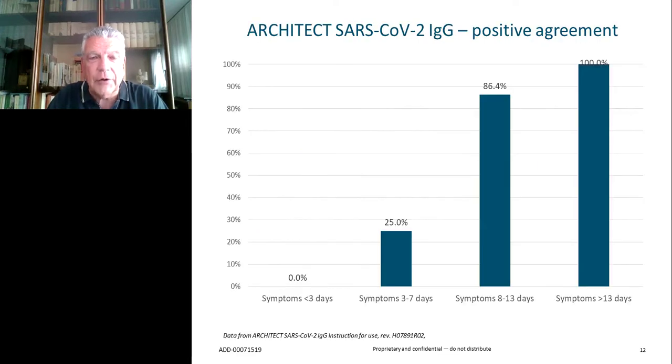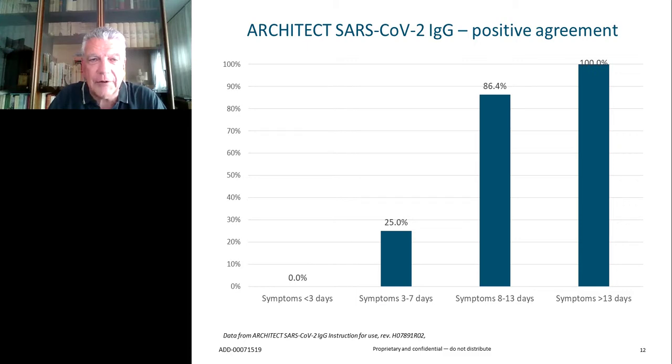The other issue, of course, is establishing the positive agreement or sensitivity, if you wish, of any given assay. In the case of the SARS-CoV-2 IgG assay, this has been done in the validation by taking a cohort of patients that have been tested in a very early phase or a little bit later, so until 2 weeks after the onset, and then after 2 weeks or more. The data you will find in the insert give these figures, but those figures do come with a confidence interval because, as you know very well, 100% will never exist in medicine or in biology. So everything should be framed into a very specific confidence interval.